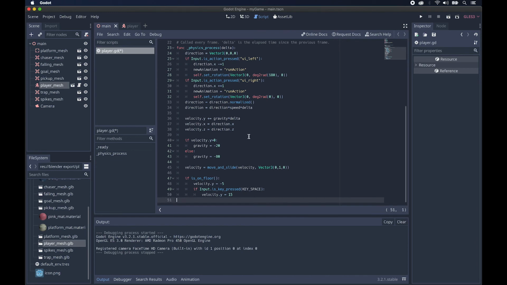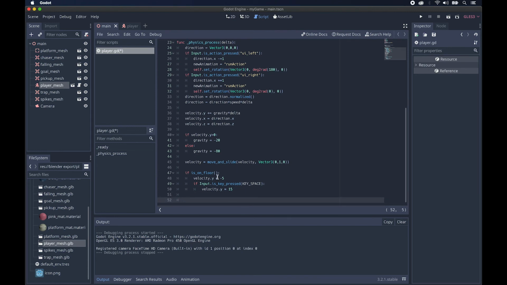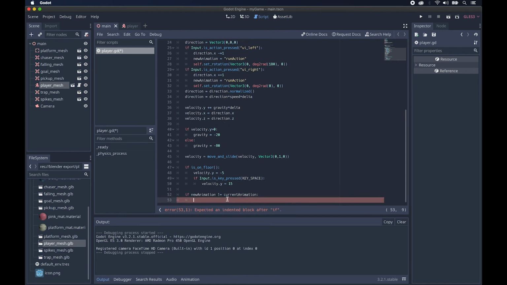Because it's something that will be checking every frame, it needs to sit within this function, so I need to indent it once. I'll add another line in there just for a bit of clarity. So you can see it will sit at the same level as these other if statements, and this one is going to say if new animation exclamation mark equals, and this stands for does not equal. So if the new animation is not the current animation, and then we put a colon,